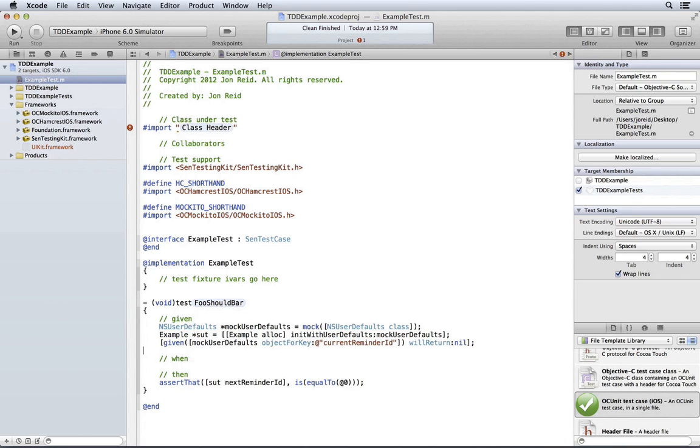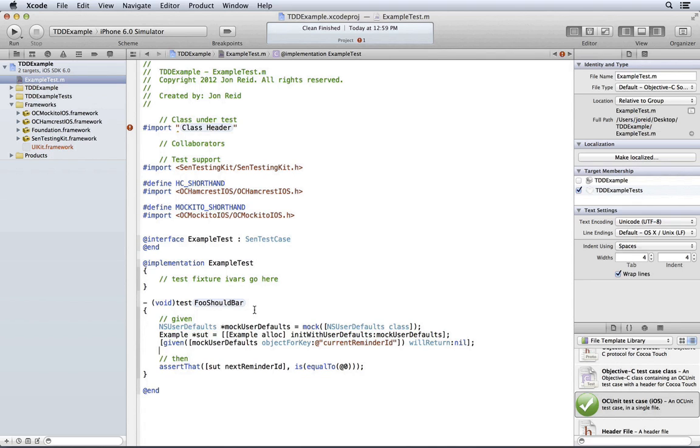Like that. And there's really no separate execution phase because it's all wrapped up in here. Now you should be able to read this test code even if you've never seen Hamcrest or Mockito and have a pretty decent idea of how it works.